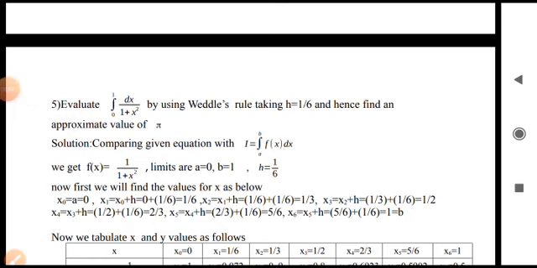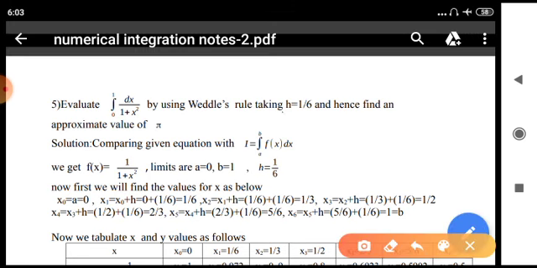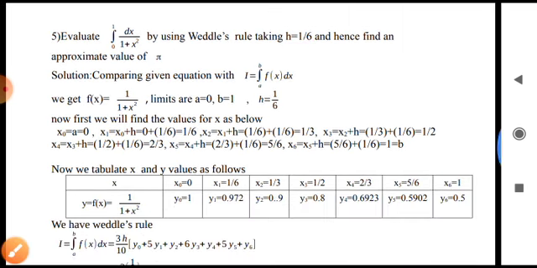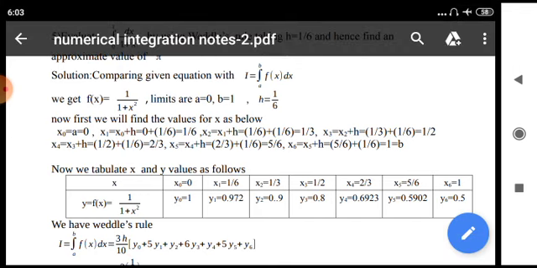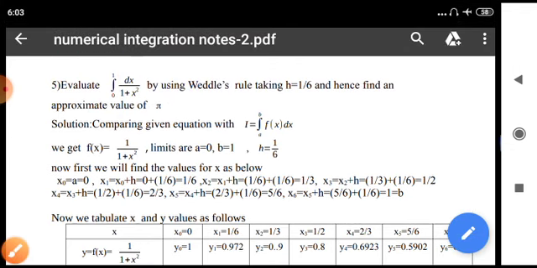Next problem, fifth one. Evaluate the integral from 0 to 1 of 1 by 1 plus x square dx by using Weddle's rule, taking h as 1 by 6. Here h is already given, and hence find an approximate value of pi. Solution. First step is same, comparing the given equation with I equal to integration from a to b f of x